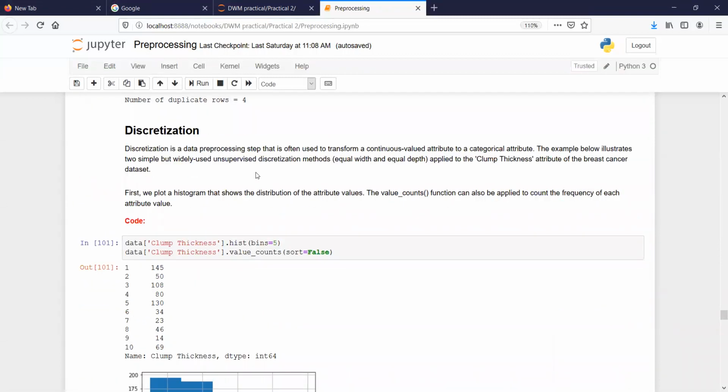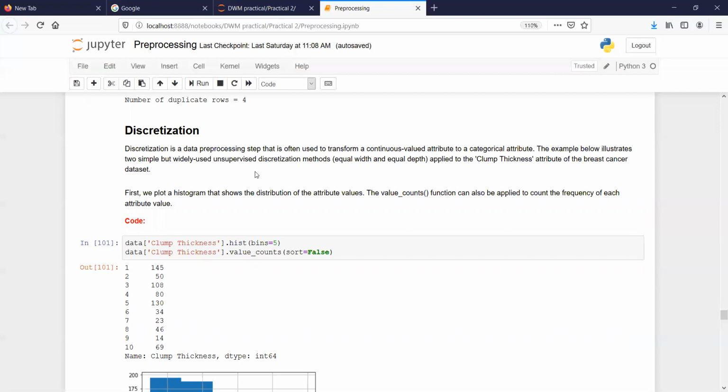Next is discretization. What is the use of discretization? If you want to convert a continuous valued attribute into a categorical attribute, you have to do discretization. Normally you divide the values into bins.